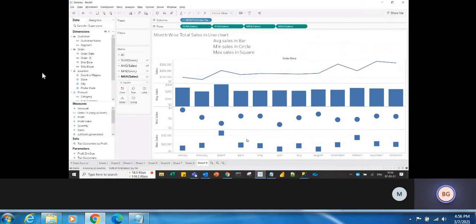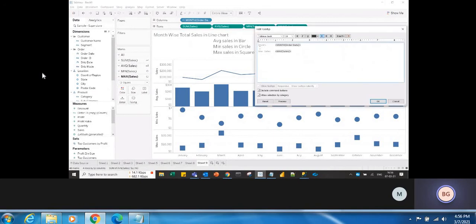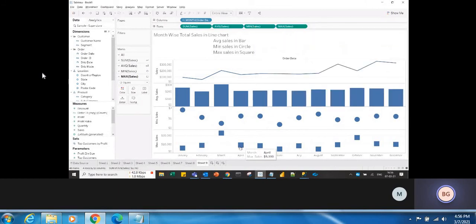Now if you see, it is showing with all the gap and all, because however we gave it, it will show the same. See, here we have given the space, so it is showing that. So just remove that space and click on OK. Now if you see, it is showing it. Okay, so like this we can edit the tooltip.